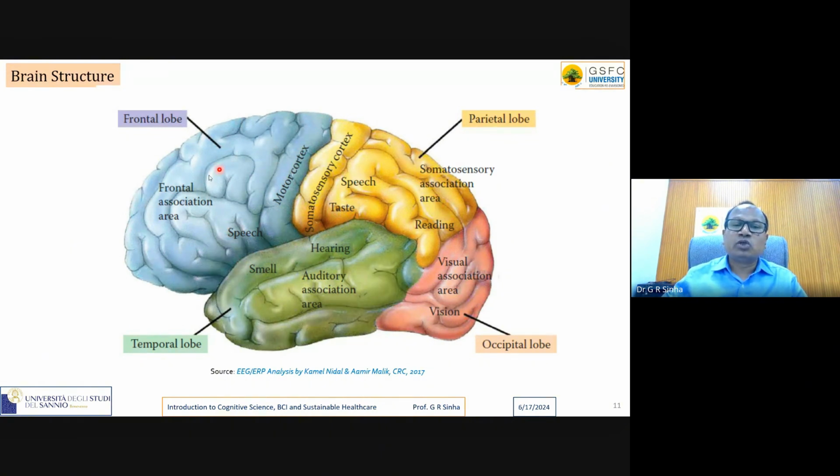There are many more. Only two or three major brain functionalities have been explained here. There are a lot of brain activities that we do every day. Speech is also associated here. And taste, you taste something because of this parietal lobe. The reading ability you have, you read something and understand something, is because of this particular area. Similarly, in the temporal lobe, you smell something, you hear something; your auditory, your hearing capability is associated with this particular area called the temporal lobe.